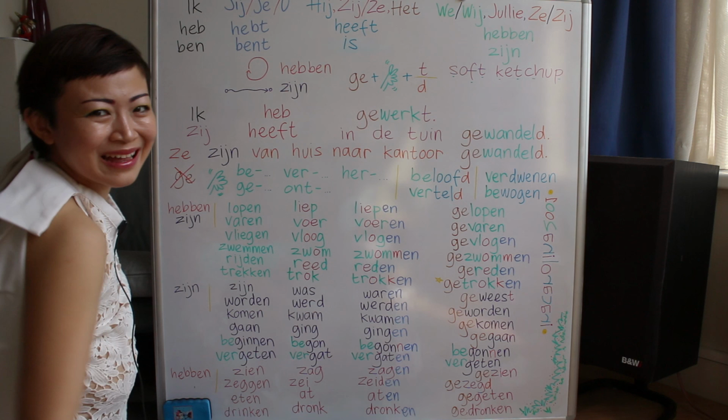Eten, at, aten, gegeten. Eat, ate, eaten. It works with hebben. Drinken, dronk, dronken, gedronken. Drink, drank, drunk. Gedronken